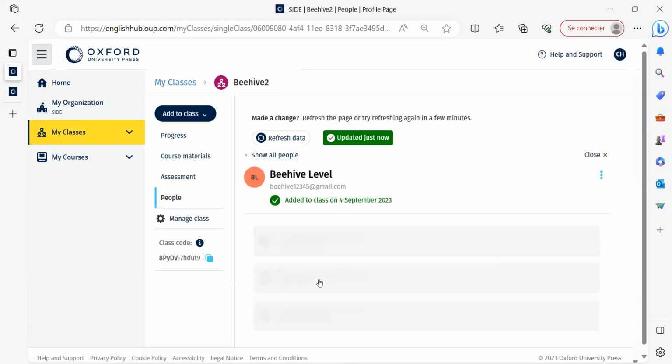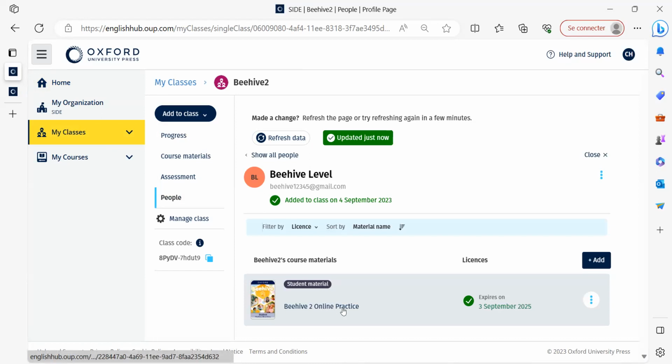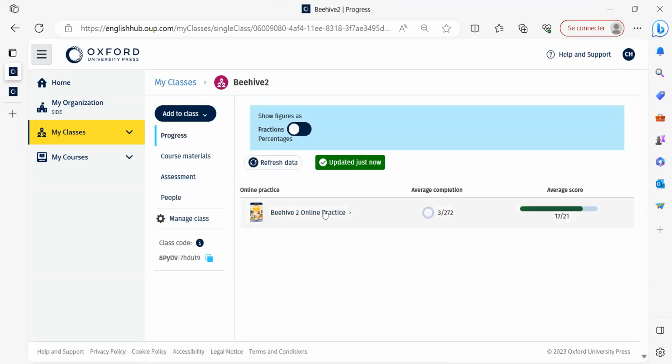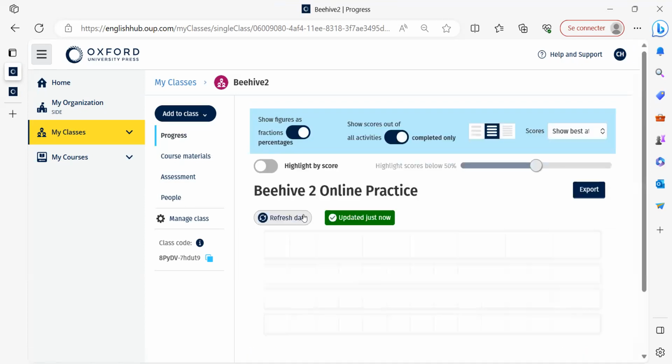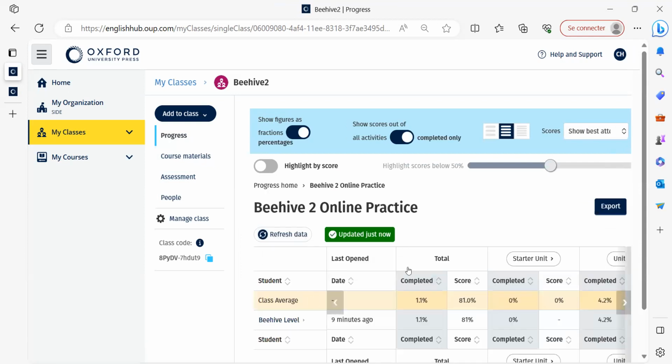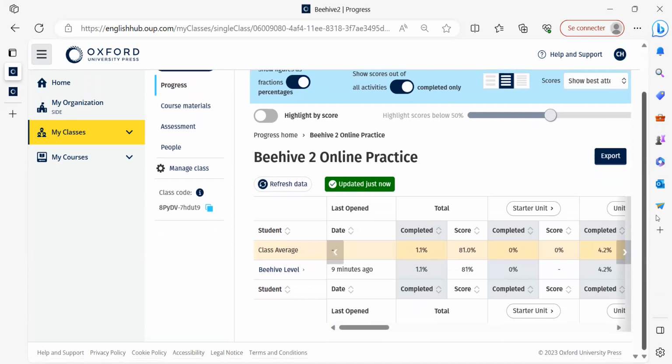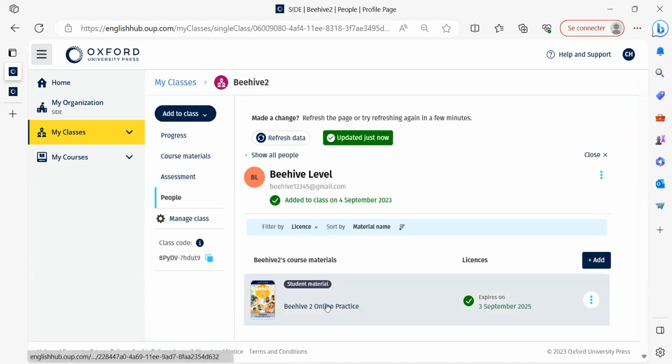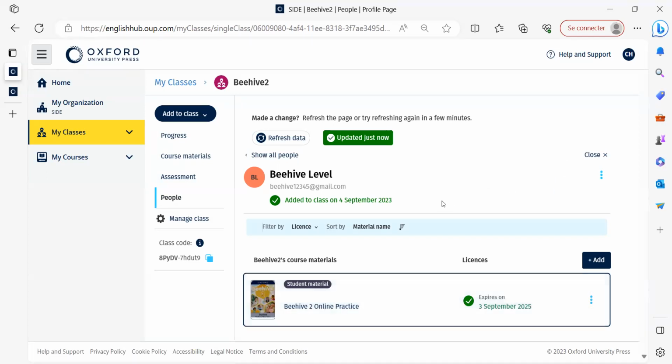So if we click on the student, you see that this kid has access to it. We see the progress made by only this student at the time, because it's the only one I have in the class. I click on progress. And we'll see the overall scores of the class. Again, there's only one. I click on people, and I click on this student. I will see what that student